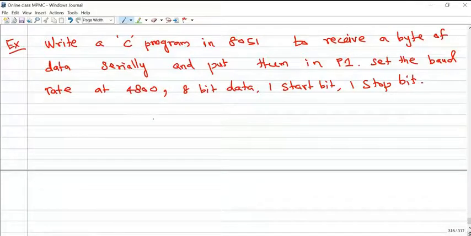So this is for reception of data. Whenever you are receiving the data, you have to transfer it to any one of the ports. Here it is port 1. So we may connect an LCD display with port 1. Then in the LCD display, the received information will be available, or we can see the received information in the LCD display. So that is the purpose. In the objective they are mentioning, transfer the received information to port 0, port 1, and so on. Include all the registers of 8051.